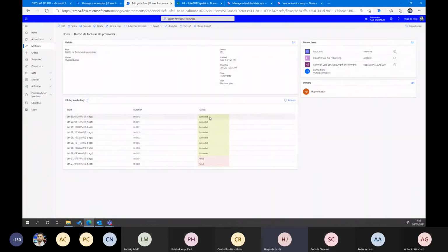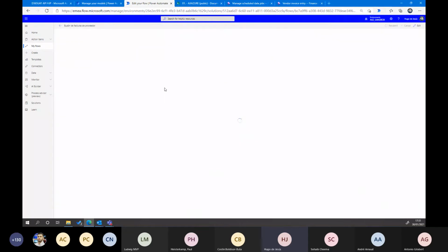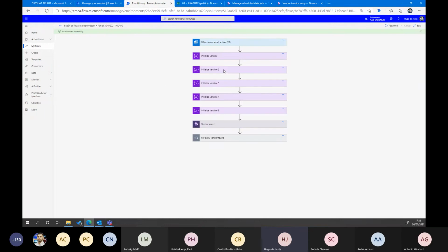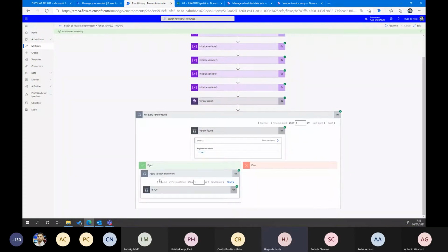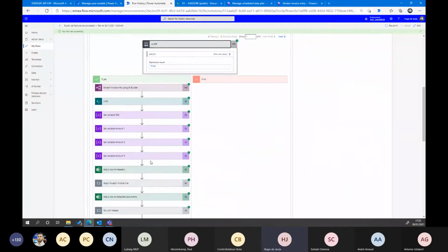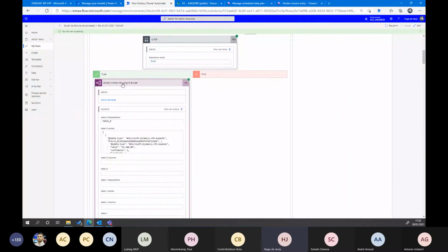Let me show you a history of one of them to show you what kind of information it reflects. The mail, of course, has arrived, but let me show you this one. Okay, this one, PDF, start invoice.